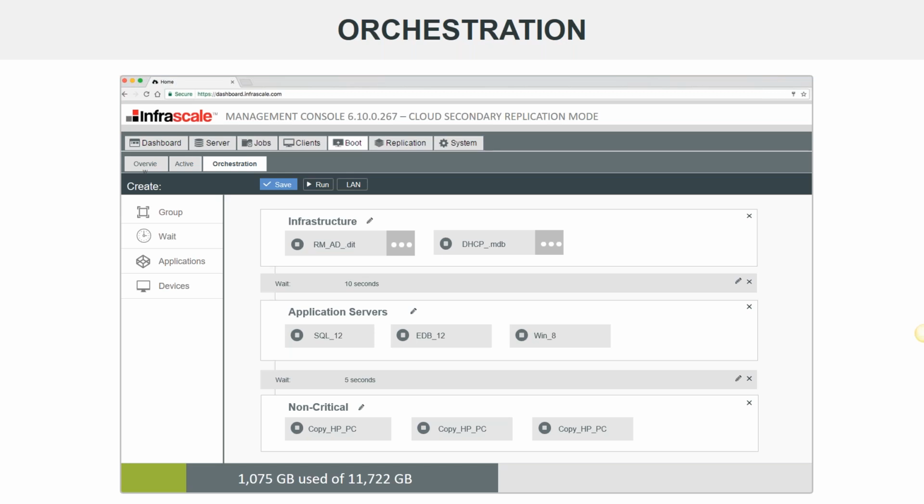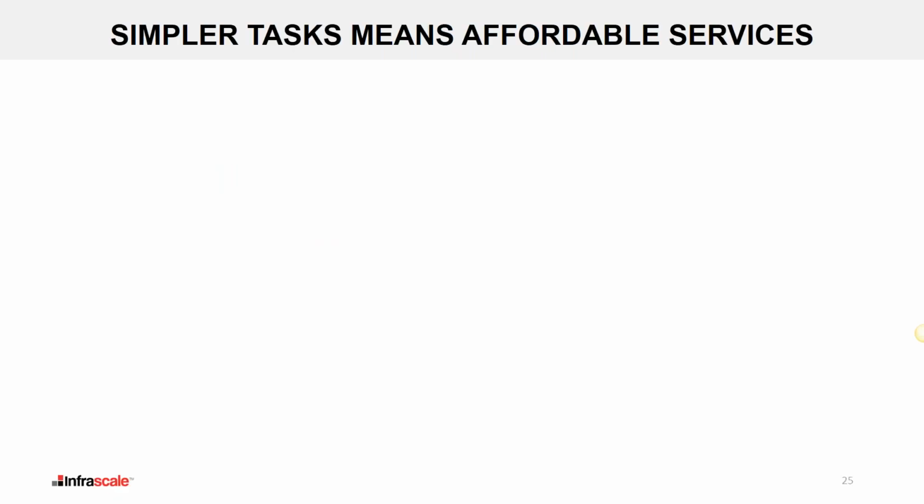You can do full test recoveries of an entire environment, and what used to take $4,000 or $5,000 in labor is now a single click of a button and maybe a couple verifications logging in remotely, and then you're done. So how much more accurate can you be?